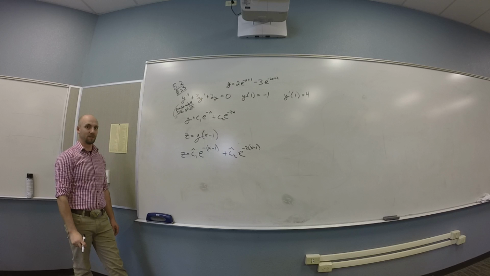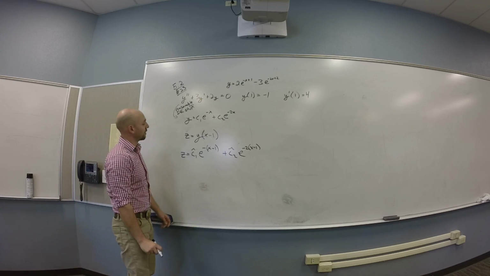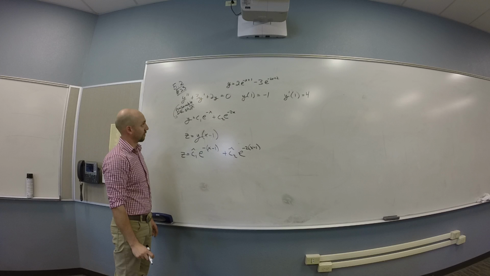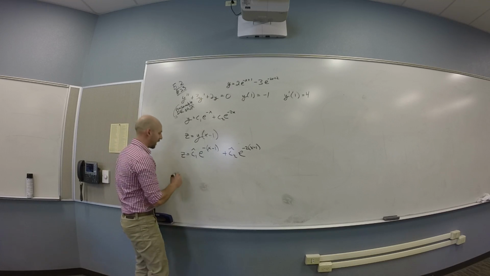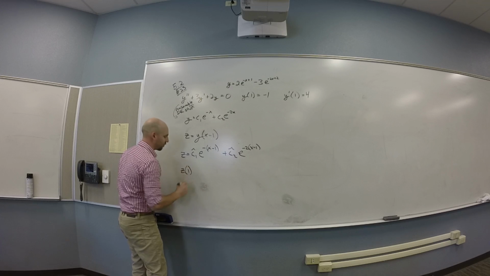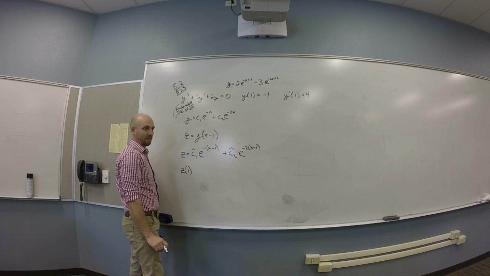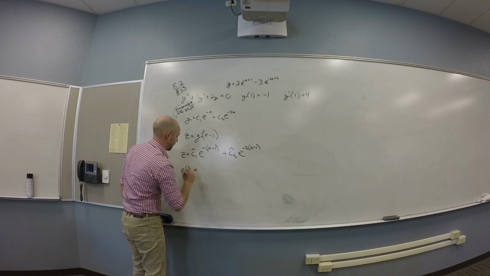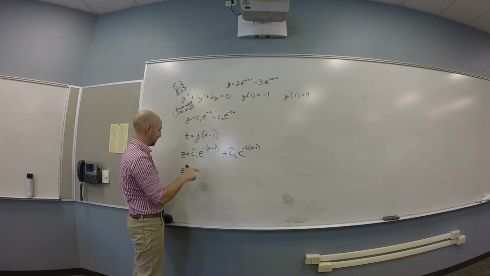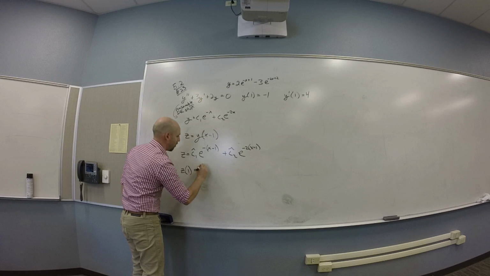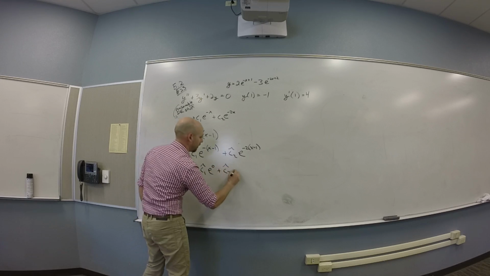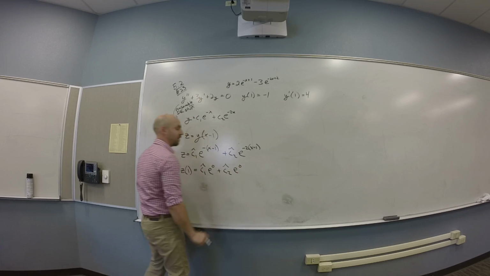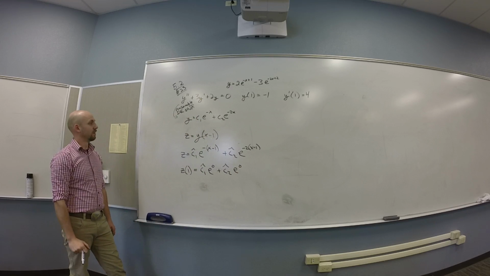Is everyone with me on this? Okay, now what? Take the derivative. Plug in 1. Yeah, so we should really do, okay, if we plug in z as z of 1, right? We get c1 e to the 0 plus c2 e to the 0. So C1 plus C2 is equal to